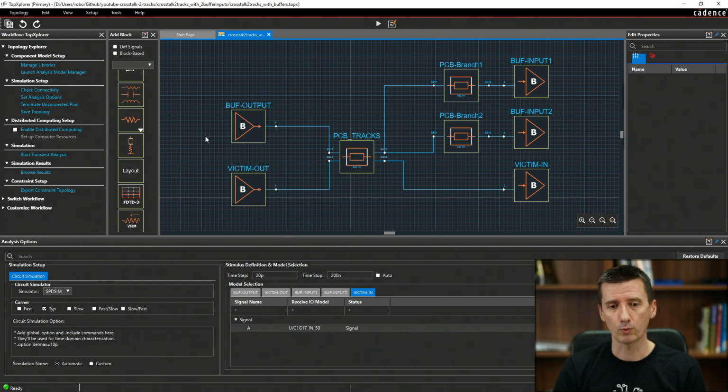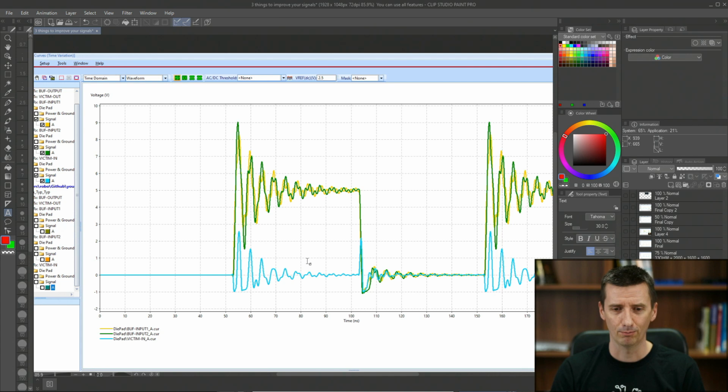The second thing he pointed out was, but I don't really see this kind of signal on my scope, or will I measure this on my scope? And this is a very good point, because you may need to have a very expensive scope to be actually able to measure something like this.